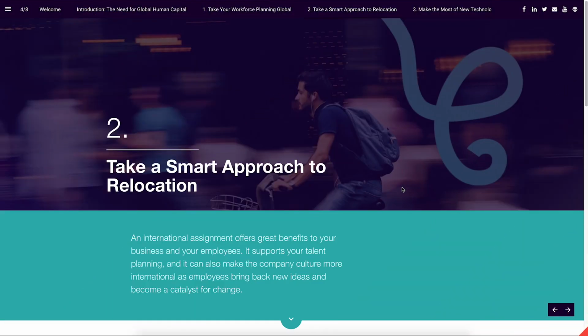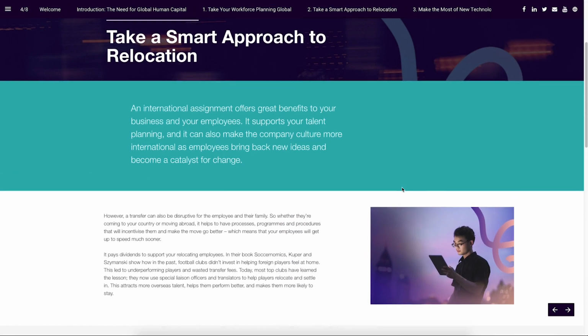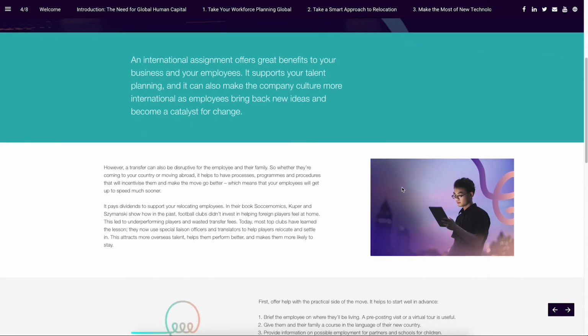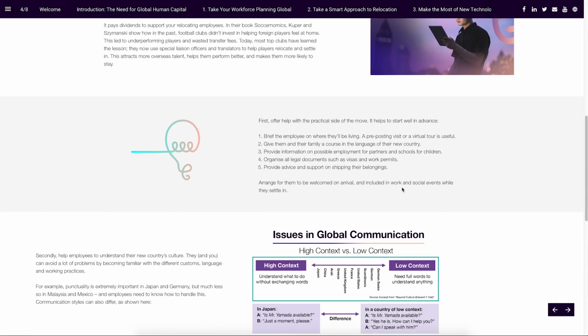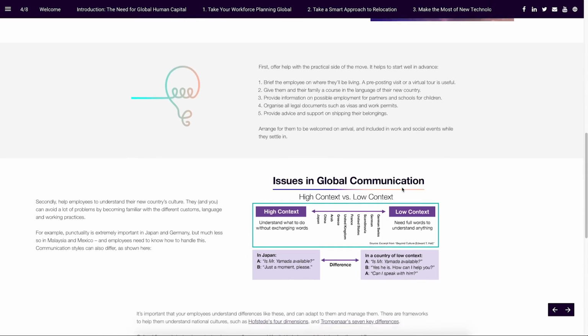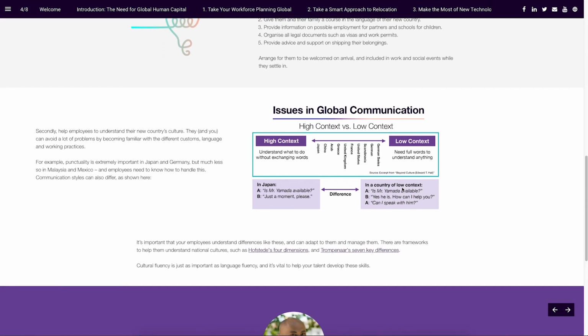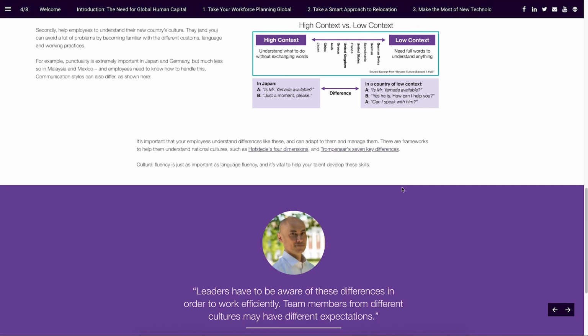So let me show you an example. This is a company called Exedo. It's a global education management organization. And if we go here, this is a random page of their white paper, this is page 4. You see they incorporated an awesome background image. If you scroll down, you see illustrations, a framework, text and quotes, and all different kinds of